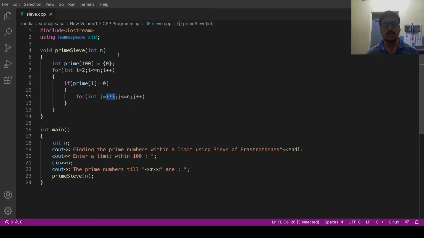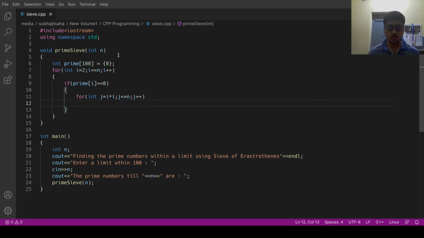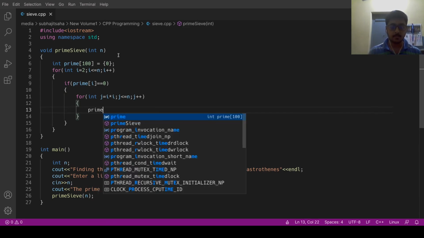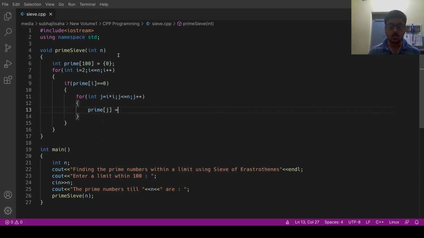That's why I start marking the multiples of a prime number from the square of that number. So j = i square, and prime[j] = 1. I'm marking that index with 1, which is a multiple of a prime number.